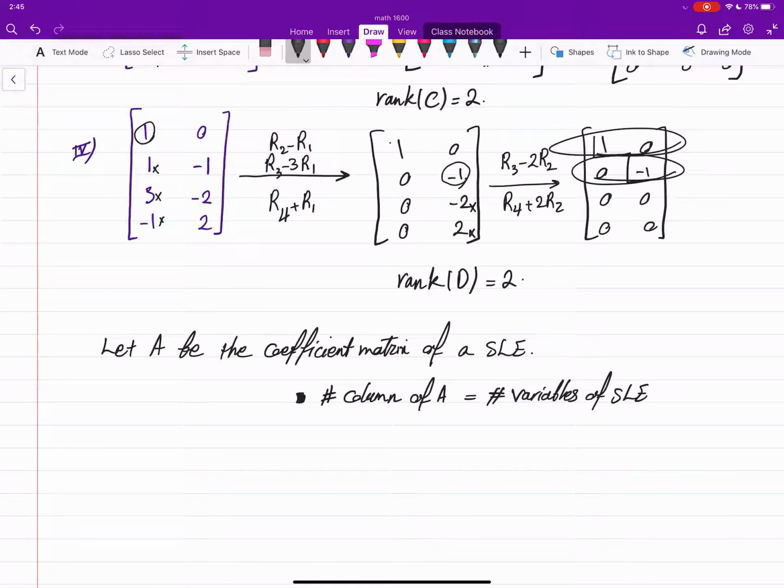Every equation gives us one row, every variable gives us one column in the coefficient matrix. That's the first thing. The second thing is that when you row reduce the matrix, the number of non-zero rows in row echelon form, in general for all matrices, is equal to exactly